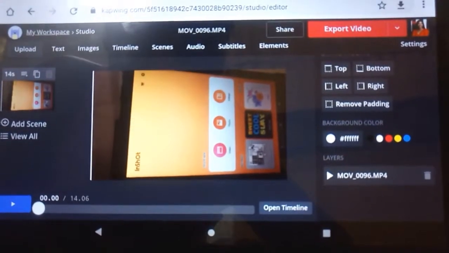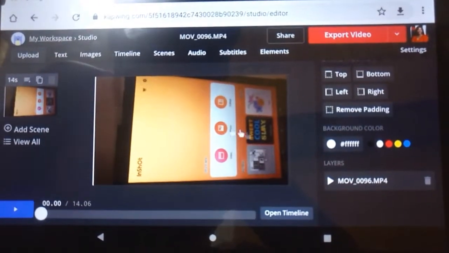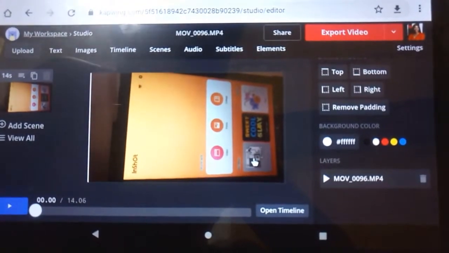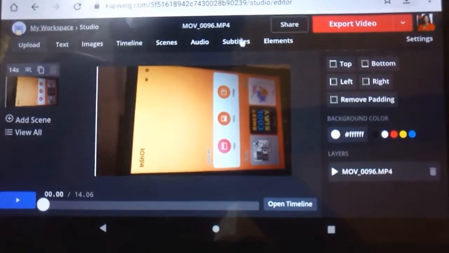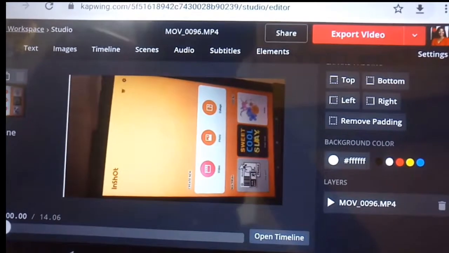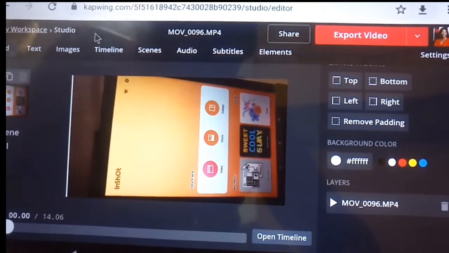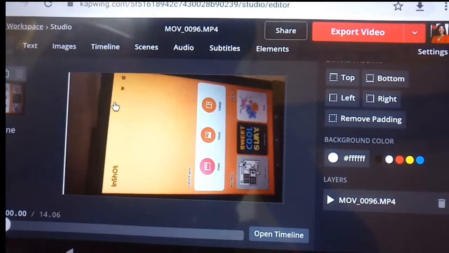So you click it because it will highlight it, and if you didn't clip it, yeah, very well, so it will be shaking. You'll be able to do whatever you want to do. So this is our clip that we are going to work on. This is what we are going to work on. This is how it will look like.